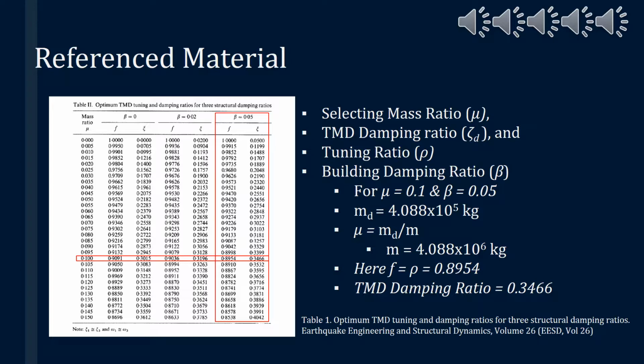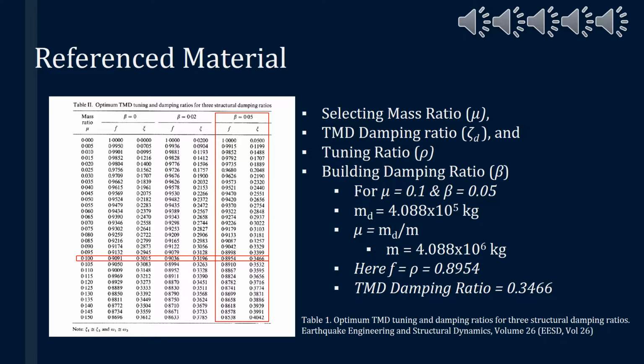Then applying the mass ratio formula for our chosen 0.1 mass ratio, we can estimate that the mass of the One Rincon Tower is 4.088 times 10 to the 6th kilograms. We took this extra step since we were unable to find the mass of the tower during our research. As seen in Table 2, for a mass ratio of 0.1, the value for the ratio of the tuned frequency Rho is 0.8954, and the damping ratio of the tuned mass damper is